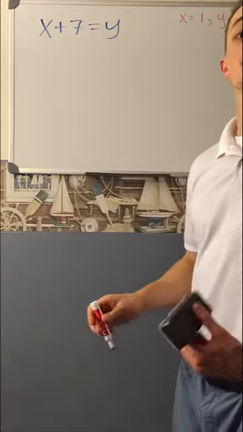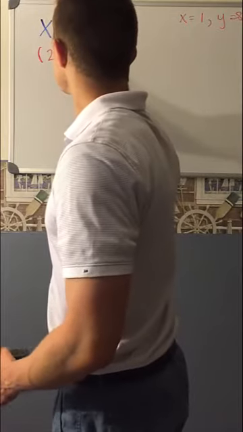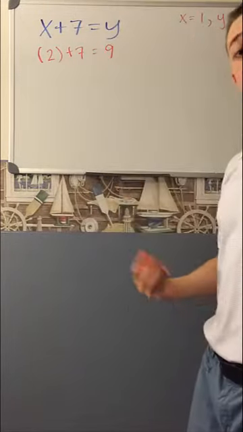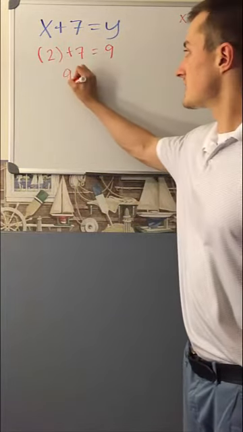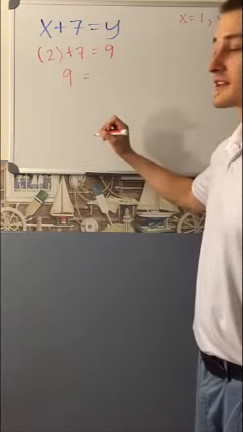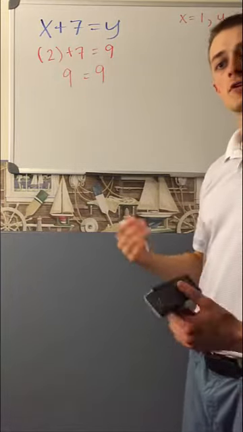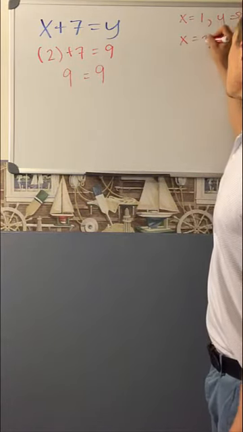Let's say I let x equal 2 now. If I let x equal 2, then I get 2 plus 7 equals 9, and I let y equal 9. Both sides are still equal, so it's okay,